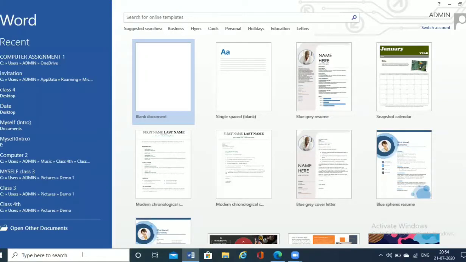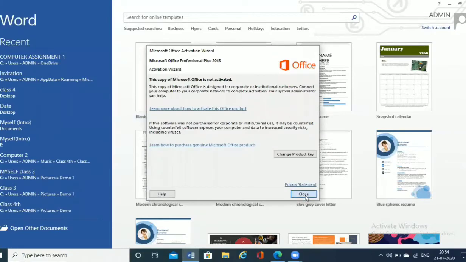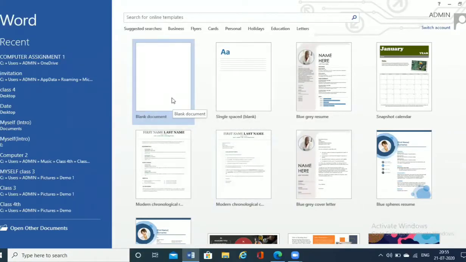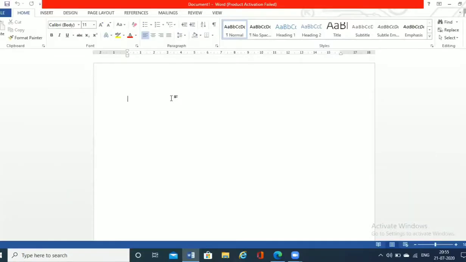You can select any template according to the document you want to create. Generally, when we are creating a document for our own purpose, we go with a blank document. So I'll be going with a blank document today. By default, blank document is selected. I'll select this blank document and now the interface is available for me to do the typing work.